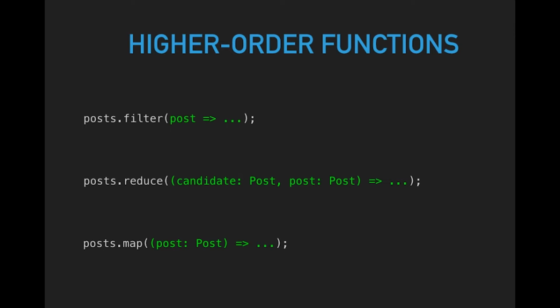We have filter, which I talked about. We have reduce, and we have map. And also we have others. So, as you saw, higher order functions can help you write less verbose code that's more difficult to break, and most importantly, code that captures the intention of the programmer very well. Because if you look at this filter example, it's almost like natural language. You just look at the single line and you immediately know what it does.